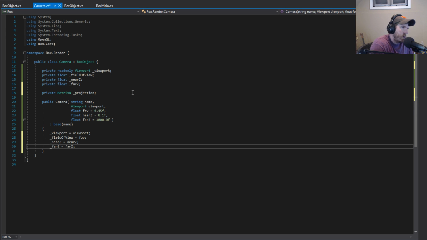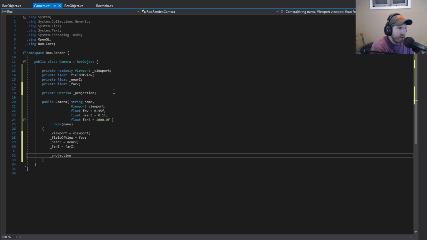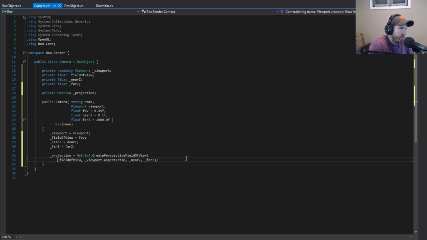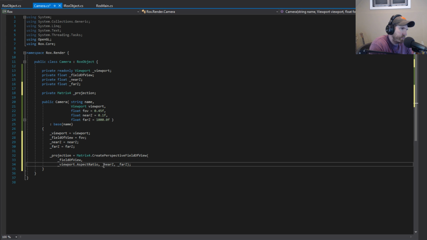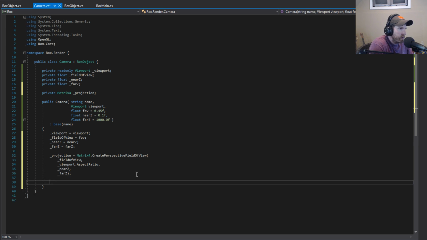And we can probably go ahead. It's really interesting since we're going to keep these variables for now, but technically we don't need them because we're just going to create this one time. And so field of view, and then we're going to do viewport.aspect ratio, and then zNear, zFar, and this is going to create our projection. I wish that it would automatically snap those things based on